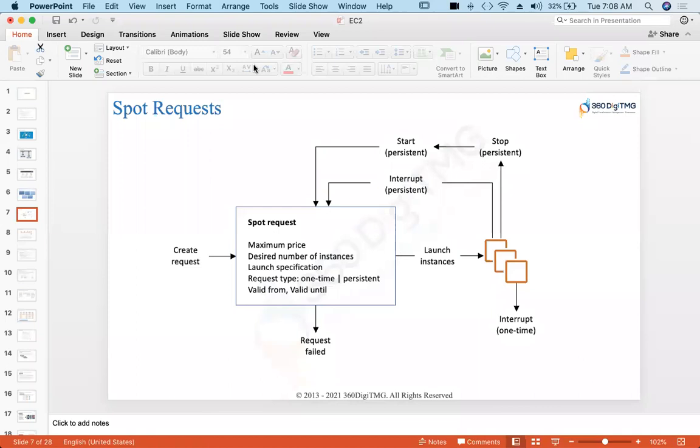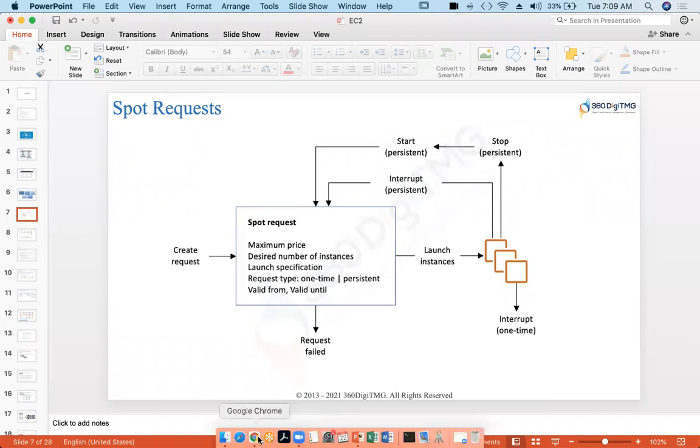Have you guys tried with Windows? Yes, successful. Any issues, guys? Windows is actually simple because you have that GUI, graphical user interface. You can follow the document and do it.